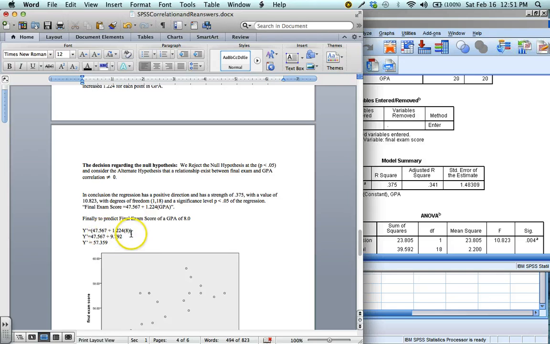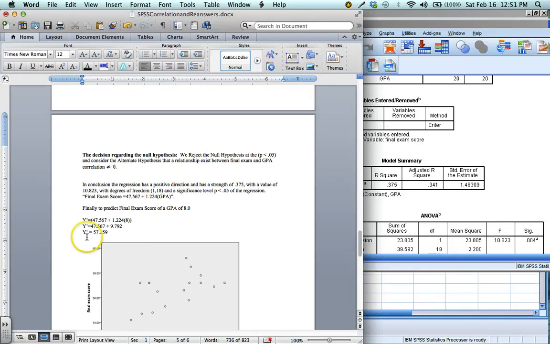Now I place an 8 in because that's what my GPA is, and do the math. Multiply 1.224 times 8, that gives me 9.792, and then I add that to 47.56. So that gives me roughly a final exam score of